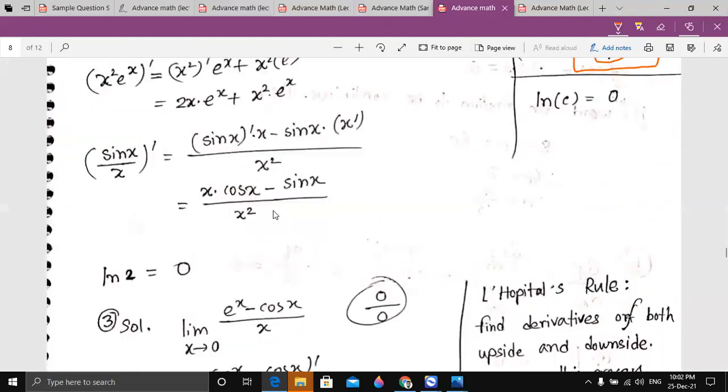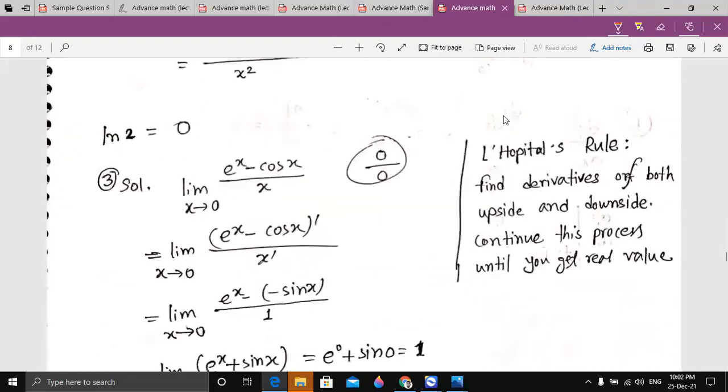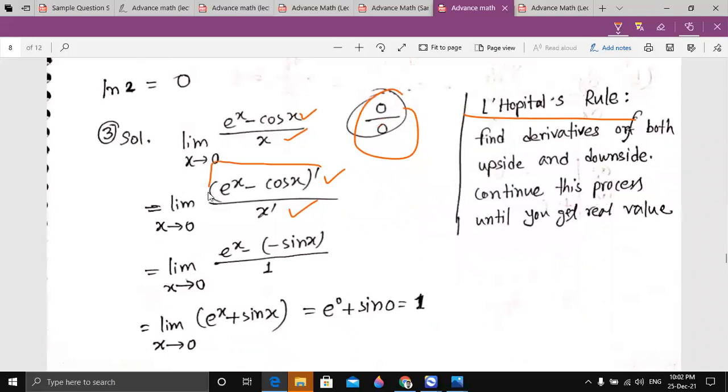So look here. We have a 0 by 0 form, so we have to use L'Hopital's rule. That means the upside derivative and downside derivative rule, okay? We have to find the derivative of both the numerator and the denominator. So the derivative of our numerator, e to the power x minus cos x: the derivative of e to the power x is e to the power x, and the derivative of cos x is